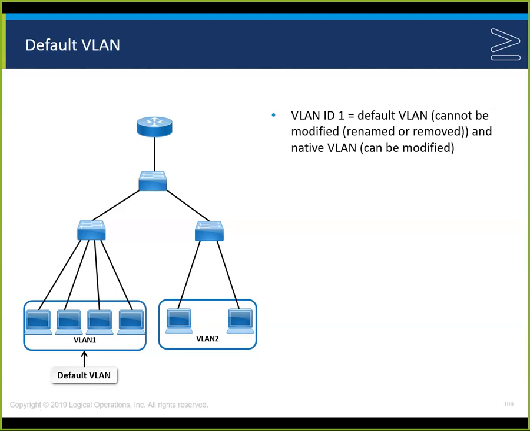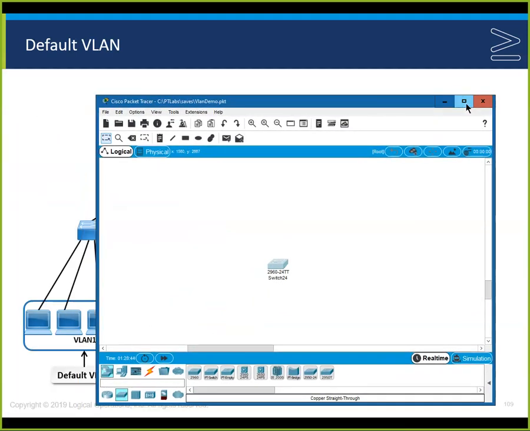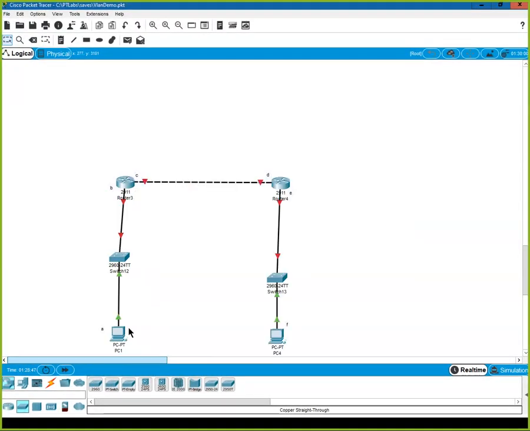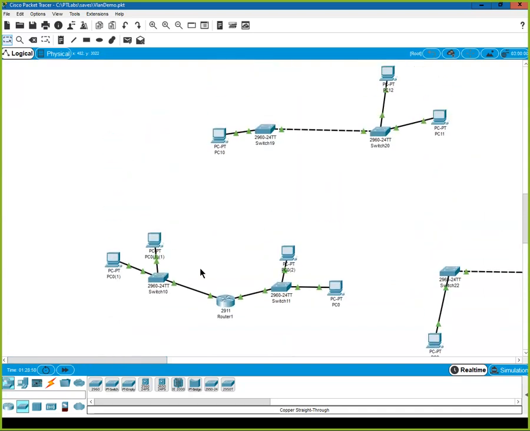So the native VLAN, when we talked about the tag, and the tag gets put in the trunk and all that other stuff, the native VLAN doesn't get tagged, does not get any tags on it. So if it goes from one to the other and gets to the other side, the other switch says, hey, I don't see a tag on you, you go to the native VLAN. And the native VLAN is configured on a trunk basis. It says it can be modified, and it can be modified. And I guess we could go in here and see, and it is one of those things that can be kind of a dangerous thing,